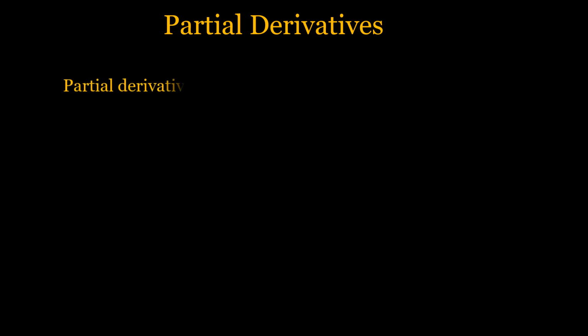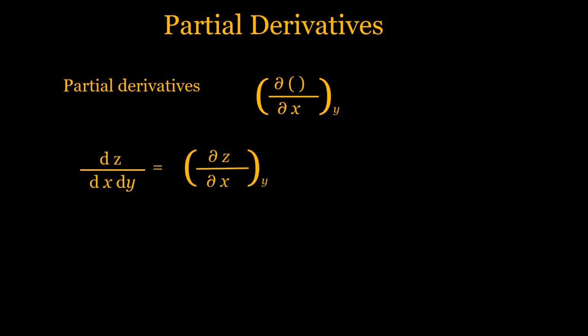The next thing under differentiation is the case of multiple variables. If there are multiple variables in one function, differentiation is applied separately with respect to only one variable. The other variables in that instance are treated as constants, and the derivatives obtained are called partial derivatives. Instead of d, curly d is written to indicate partial derivatives. The variables that are kept constant are indicated by writing them at the right bottom of the bracket as shown